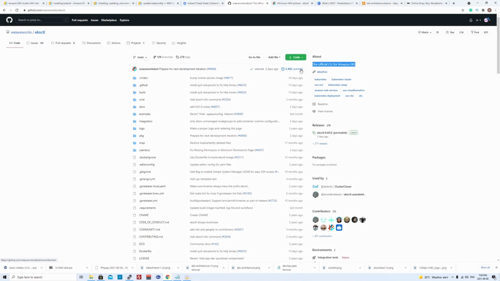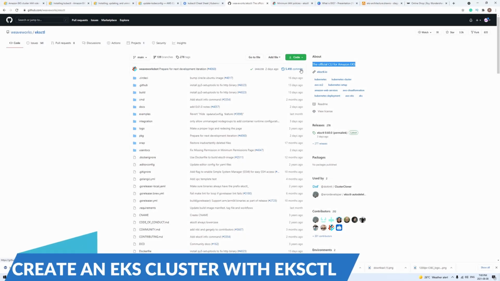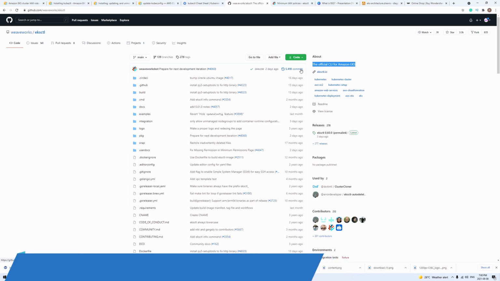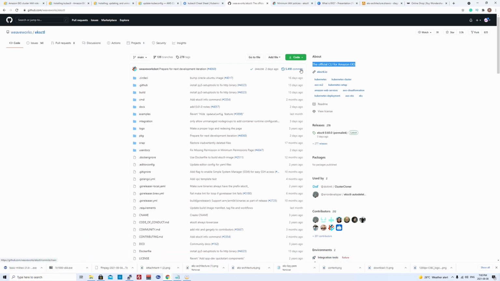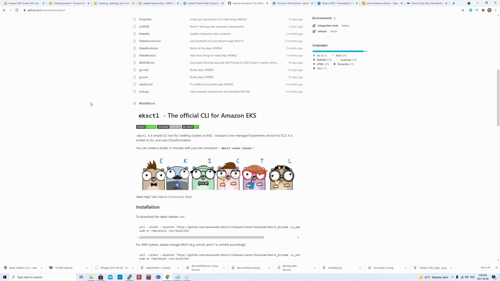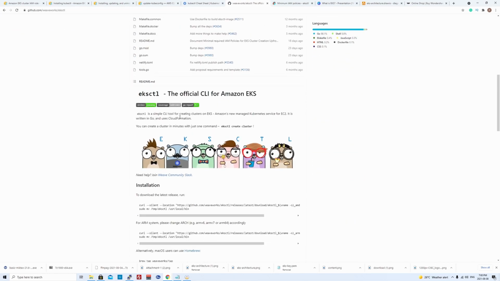All right, now that we have seen how to install an EKS cluster with the AWS Management Console and how to destroy that manually, now let's see the easiest and probably the best way to do this without any hassle and without remembering a lot of minute details. This is with a command line utility called eksctl. So we are at the official documentation of this utility. If we scroll down below, it says it's a simple CLI tool for creating clusters on EKS, and it is written in the Go language and uses CloudFormation stacks.